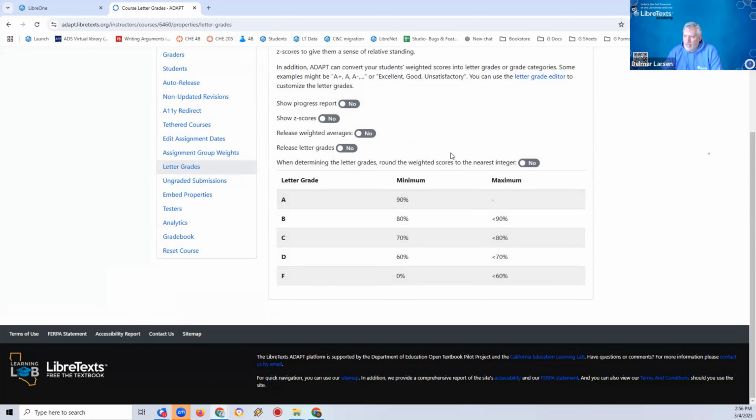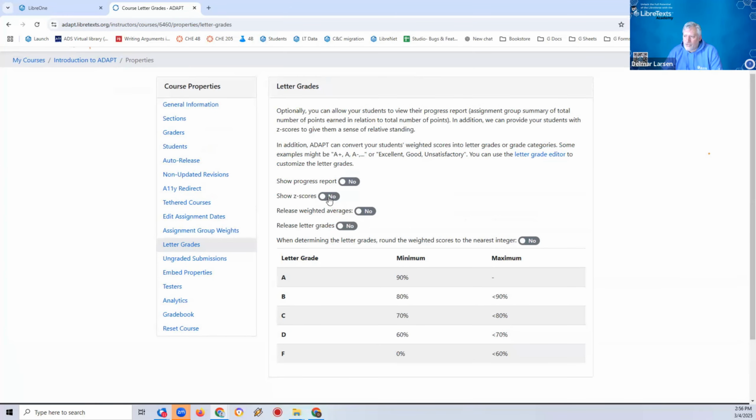What we baked into our system is that we want to make sure that students have access to Z-scores. If you're unfamiliar with Z-scores, it's the number of standard deviations a student is away from the mean. So it's a mechanism for them to get an understanding about their performance compared to the performance of the students in class. Students already ask that when they ask for mean and standard deviations, but they don't typically have a quantitative way to do that. And since I have good students, I feel it's worthwhile to teach them a metric that's actually useful rather than giving them a bunch of numbers and having them always ask about how their performance is in the class. That's a little bit more unique than what's out there.